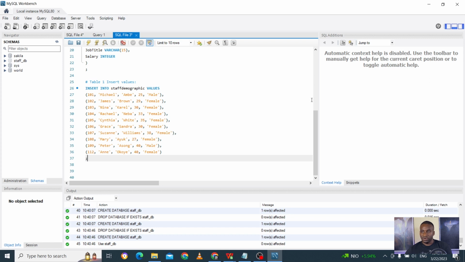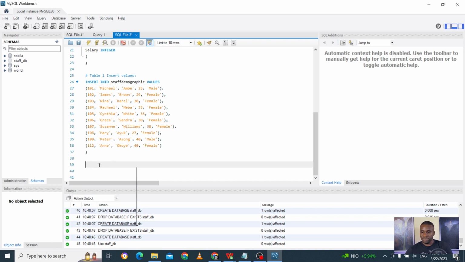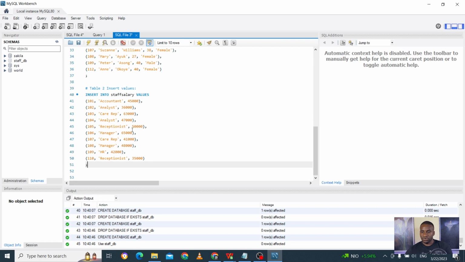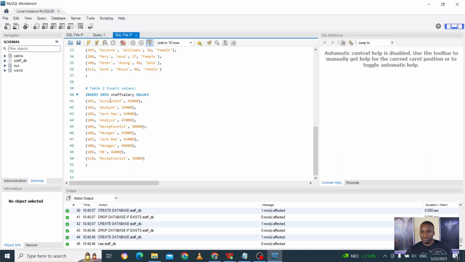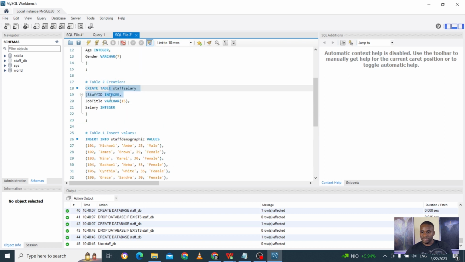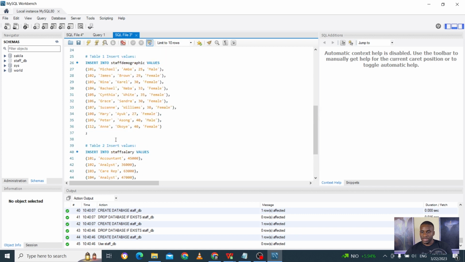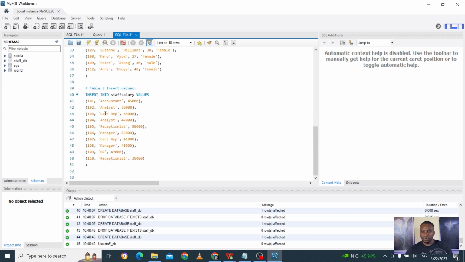Now I'm going to put in the other values. I'll just copy the other values for table 2 and paste them here just to save time. So we have now into the staff salary, which is table 2, staff salary. Then we have 101, so this is the staff ID, 101, the job title, and then the salary. So if I run this,